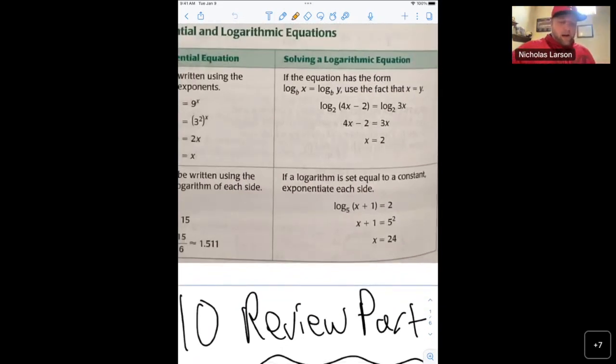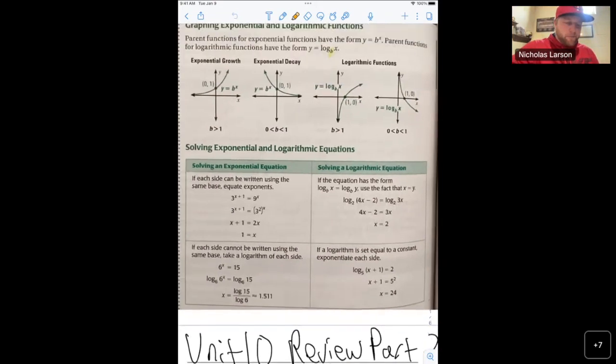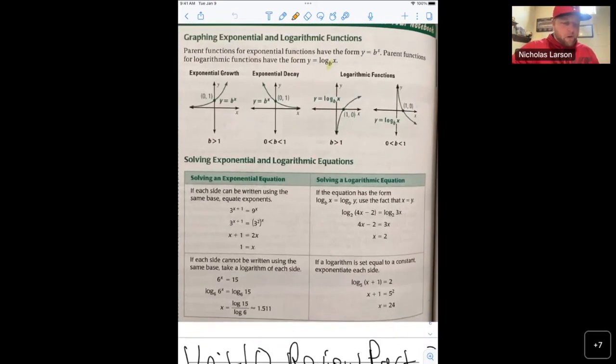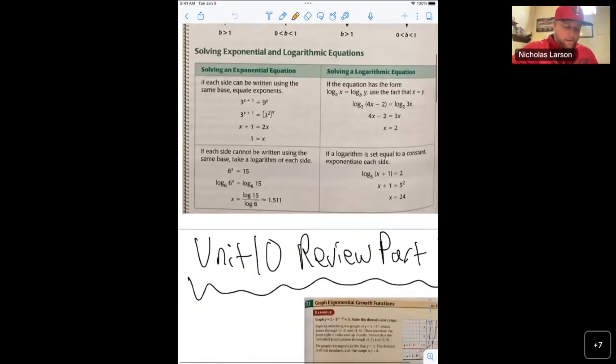And what did I do on the logarithm side? I basically raised it to a power of 5, so 5 with an exponent of log 5. And they're going to end up canceling out. But again, anything I do on the left, I have to do on the right. So I raised 5 to the 2 and got 5 squared and then subtracted 1. So again, that's just a real quick run through of the ideas.